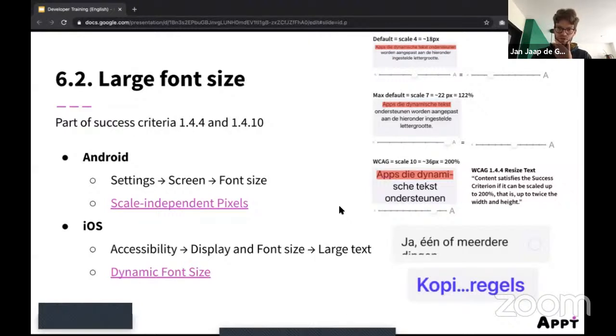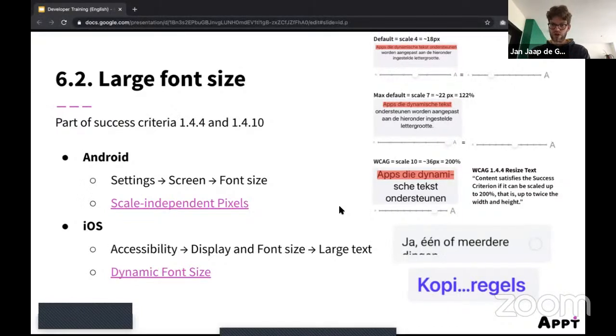So you have to enable a button, which is called accessibility font size. Then you get even more scales, and then you can put it on scale 12, which is like 270%. If you put it on scale 10, it's approximately 200% font size. So if you want to conform to this criteria, go to your iOS settings and put it on scale 10 out of 12. And your app still needs to work with this kind of font size.